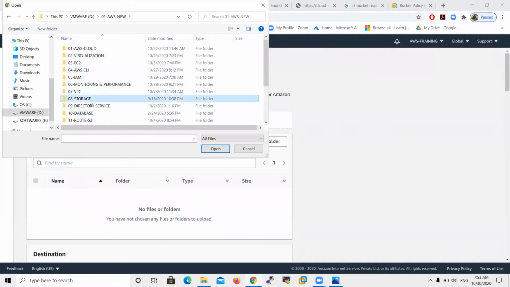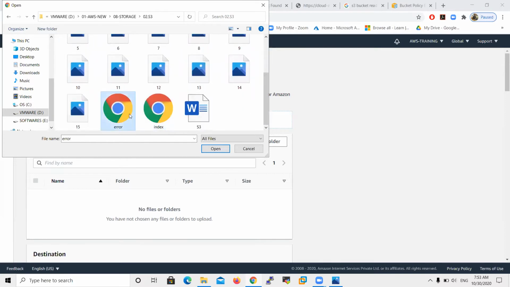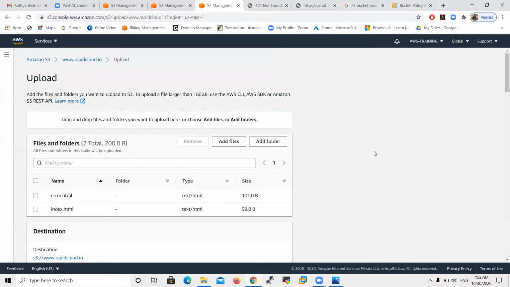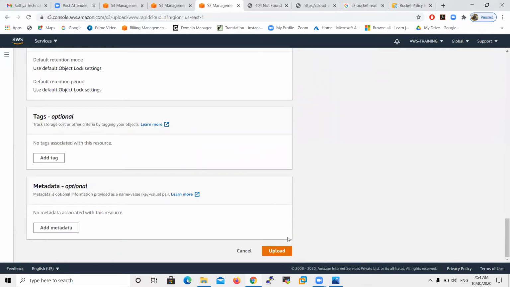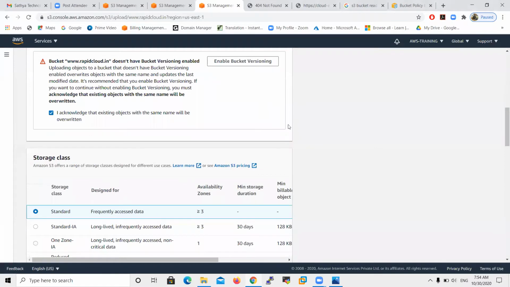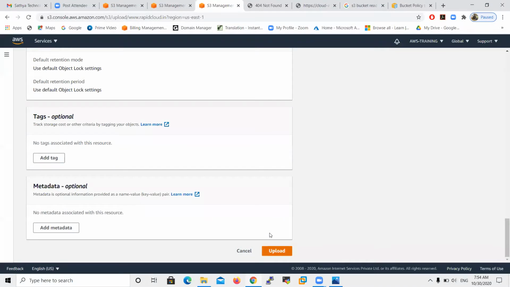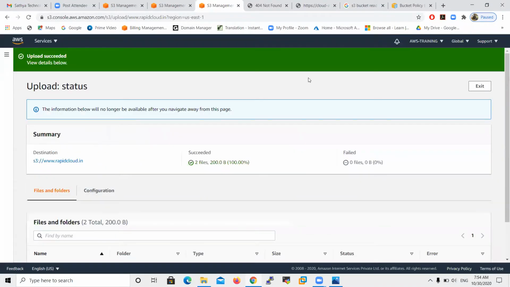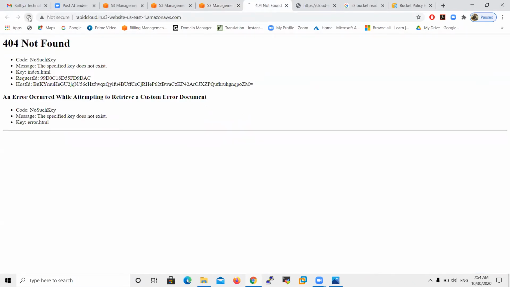In the AWS S3 storage, I have these two files. Just upload the files. Now the two files are successfully uploaded: index.html and error.html. After that, just refresh the page.